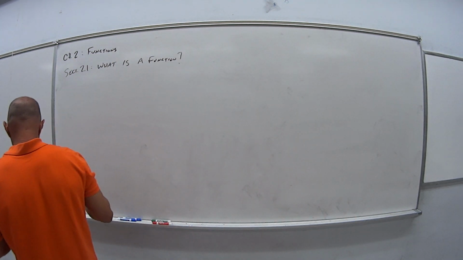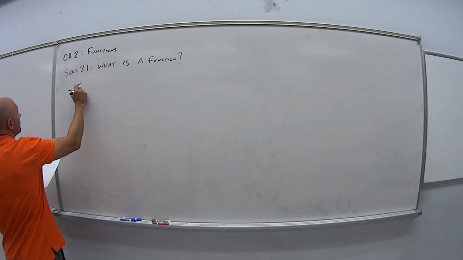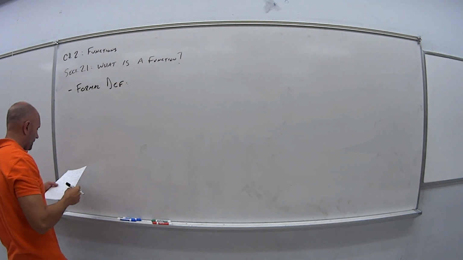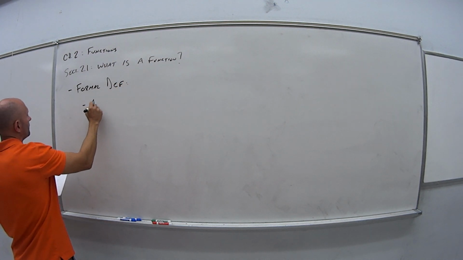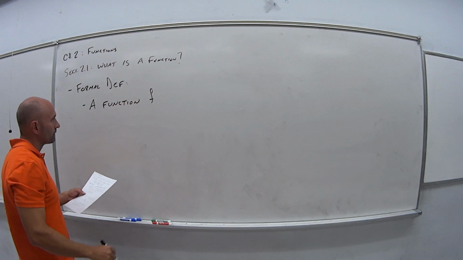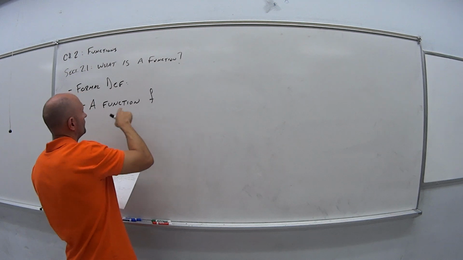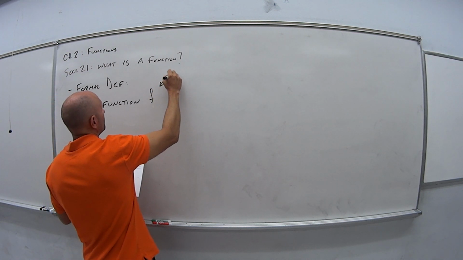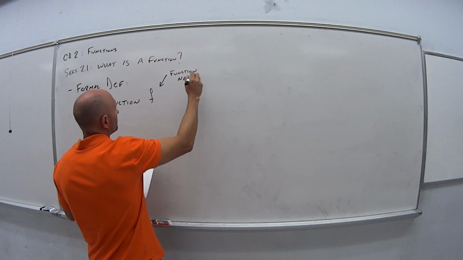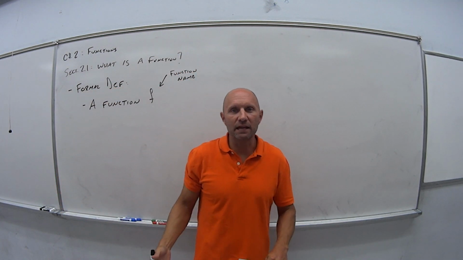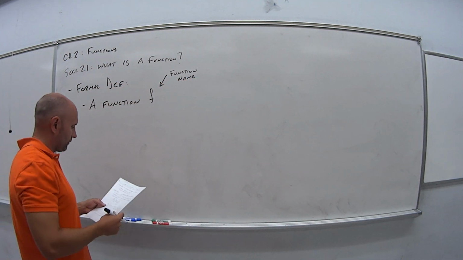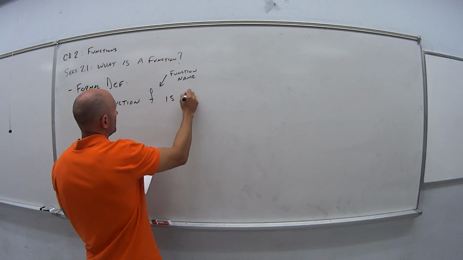The formal definition is as follows. A function f, and so you notice this is a little f compared to capital. This is our function name. And it can be anything. So you could have the function g, the function h, function whatever. But for our formal definition, we use the small letter f. So the function f is a rule